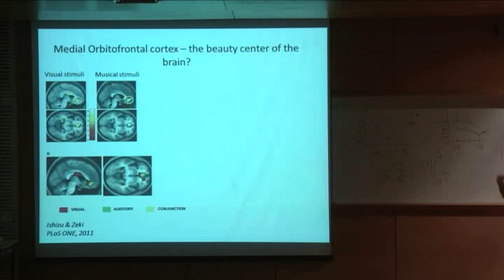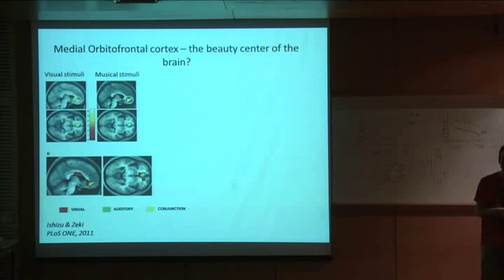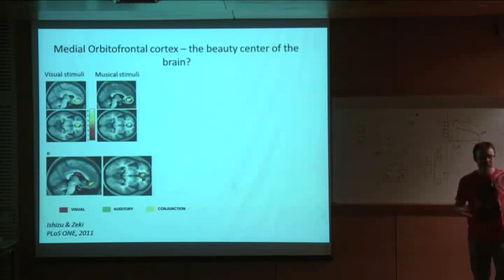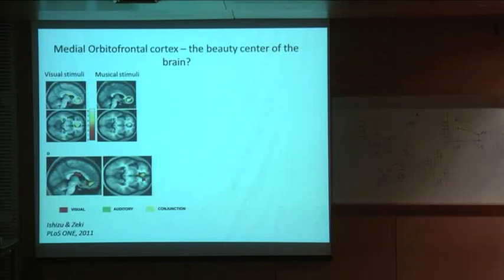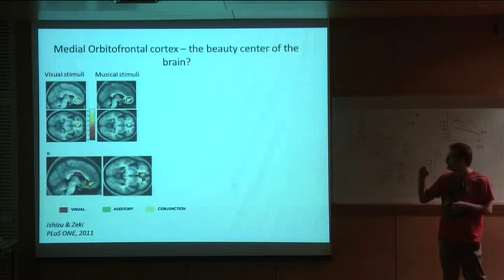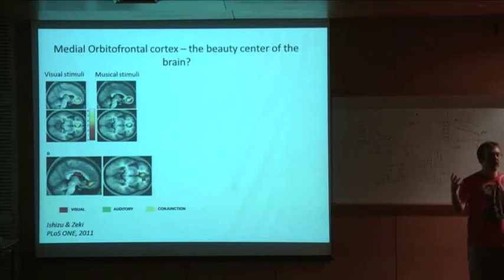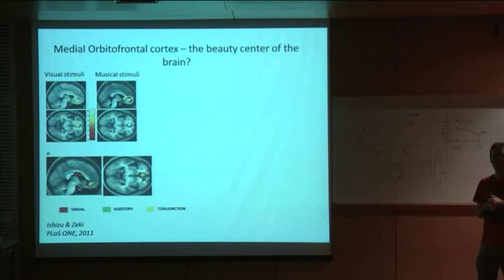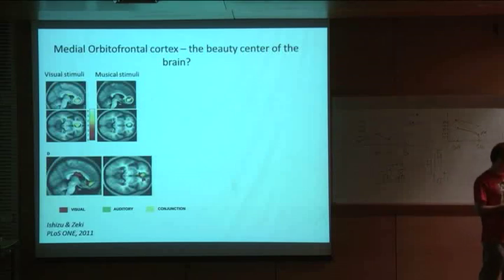So Seymour Zeki, as I said before, is the founder of the field of neuroaesthetics, or at least the one who defined it, and he's a professor of neuroaesthetics. Actually, there is this formal title. So he came with a series of papers recently trying to identify this locus in the brain that is a universal evaluator, or at least is correlated with evaluation of beauty. So the way he did it, he said, okay, beauty is not only visual